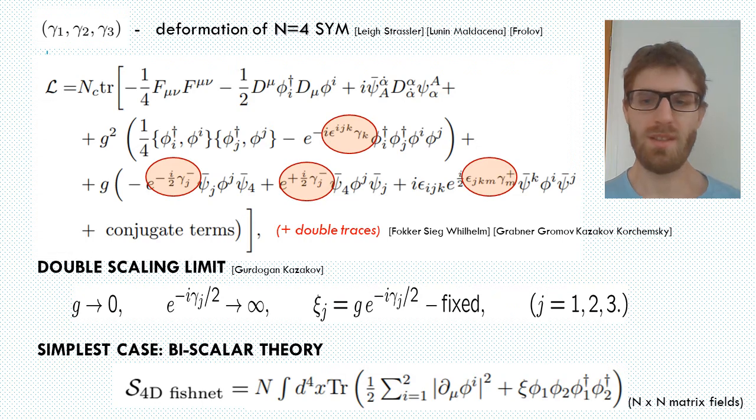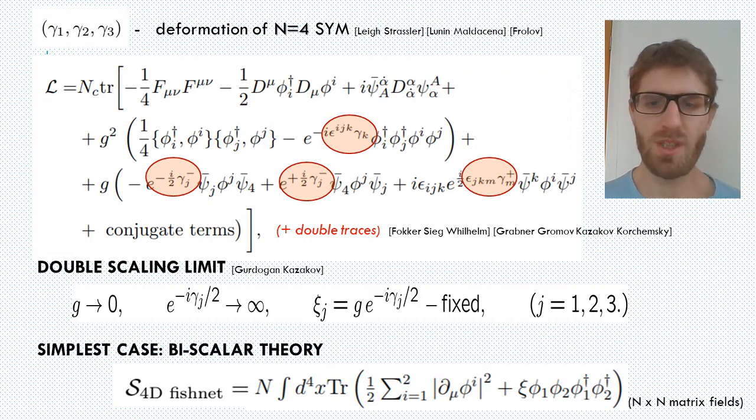It was shown that double trace counterterms are also needed for conformality at the quantum level. The double trace couplings are in general complex, making the theory non-unitary even for real values of the gamma deformation parameters. In the following, we will ignore the double trace terms. They are present also in the Fishnet model, but they enter only some special processes and do not play a role in what I will discuss.